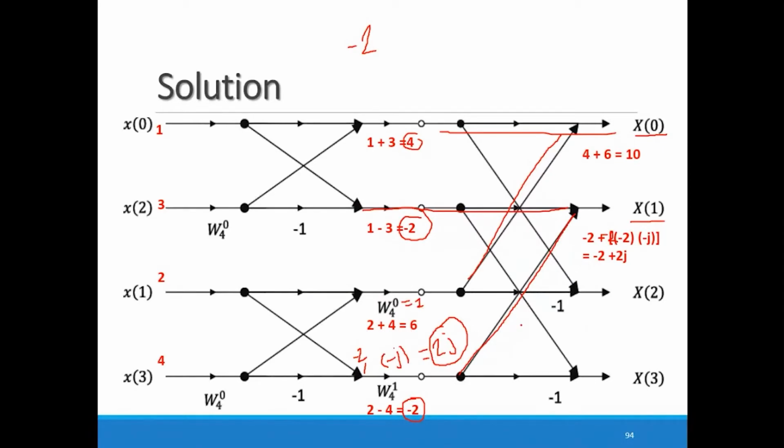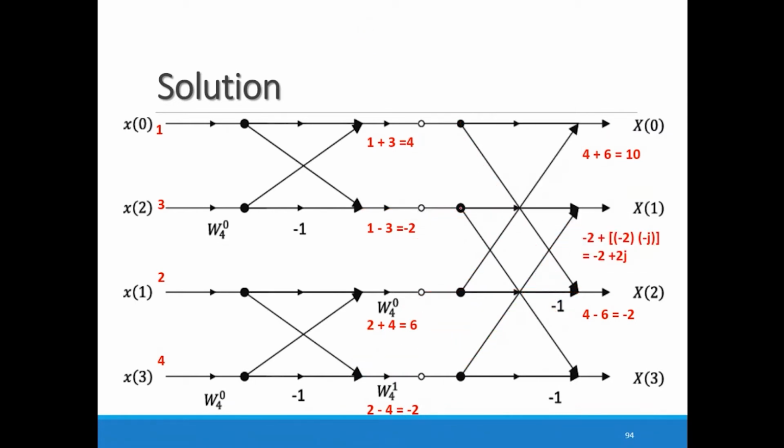Another value that we are getting: the first value is 6. Another value is this 4. So 4 and this 6. Again, this 6 is inverted, or you can say multiplied with minus 1. So you are getting 4 minus 6, so it will produce minus 2. Now at the last, let me erase all the ink.